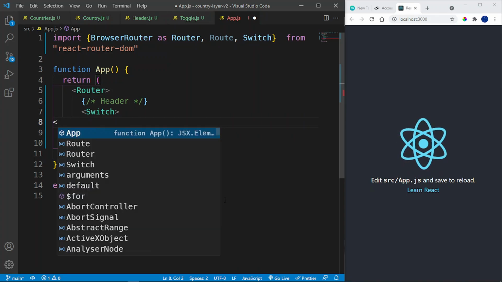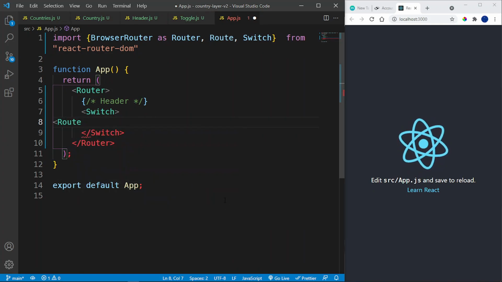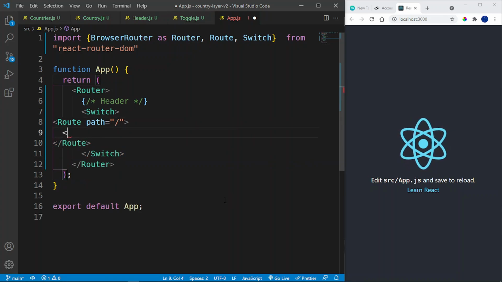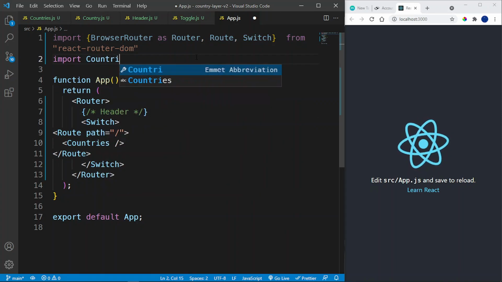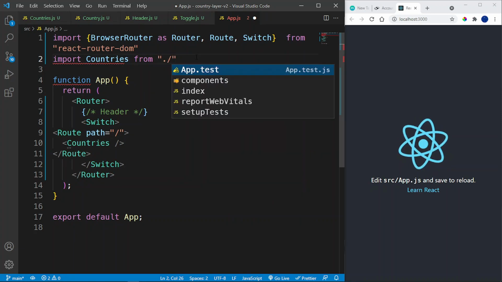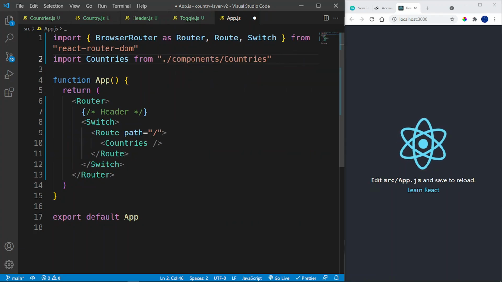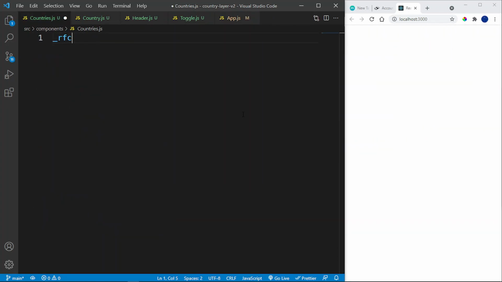So inside the Switch, we're going to create our Route component, and Route is basically what kind of path you want to navigate to, right? So this will take in a prop called path, and this is going to be equal to /. Okay, and I'm going to close it out, and I'm going to be rendering the Countries component by default. So I'm going to save this, and this is going to throw me an error, but let me just import this from components. So import Countries from ./components/countries,